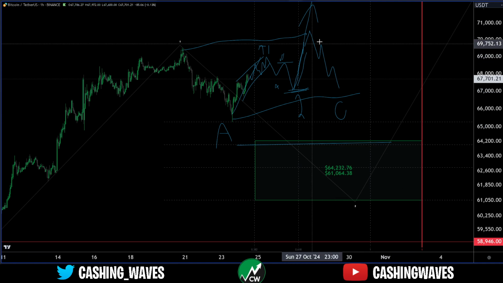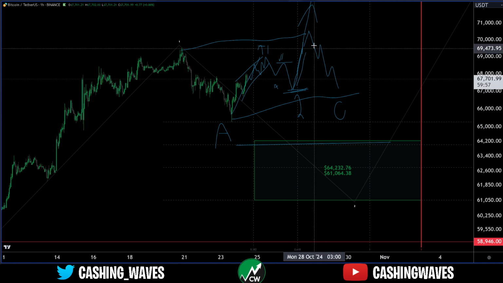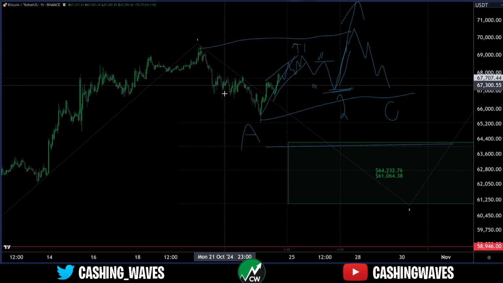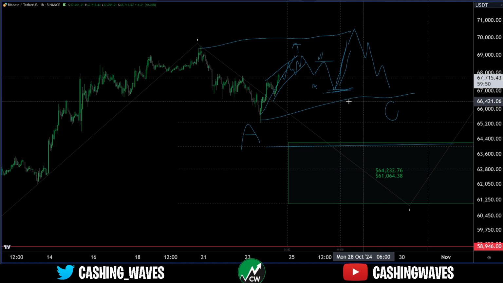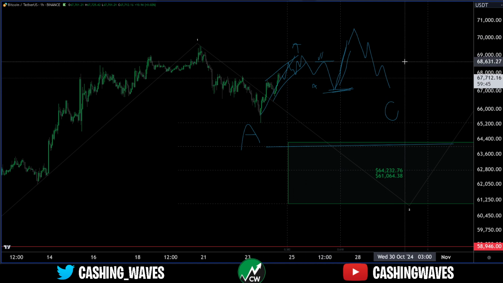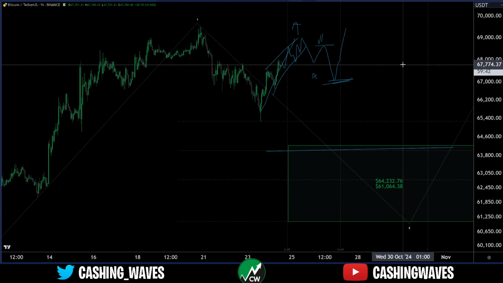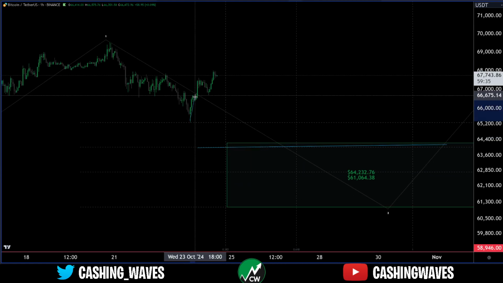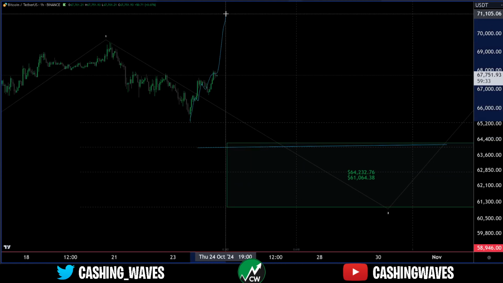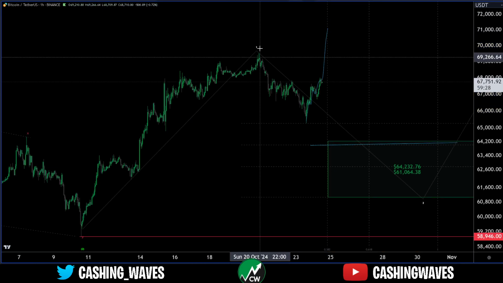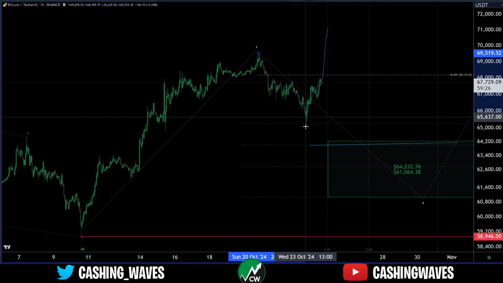Now, I'd be getting too complicated if I go in how I'd take this short. I'll leave that for now. That's a scalping scenario. But what I would be looking for is this, and then the pullback, buy the breakout, stop at this low. Not financial advice, just what I would be doing if I was sitting at the computer trading this. And if this somehow does end up absolutely exploding to the upside, invalidation of the B wave, where we can get that flat scenario, is the